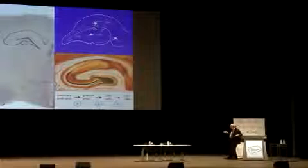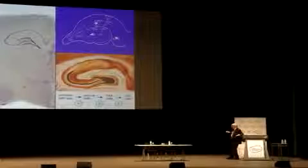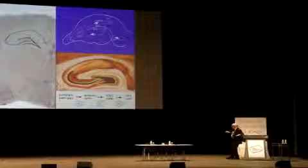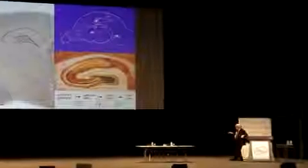I mean, it is really remarkable that the fibers coming from the lateral part of the entorhinal cortex will only go to the outer part of the dendrites of these granule cells, and the medial perforant path only terminates on the middle part. And the reason why that's important from an experimental point of view is that it enables